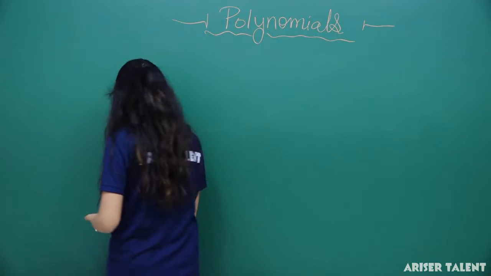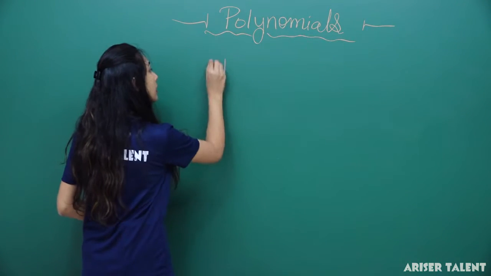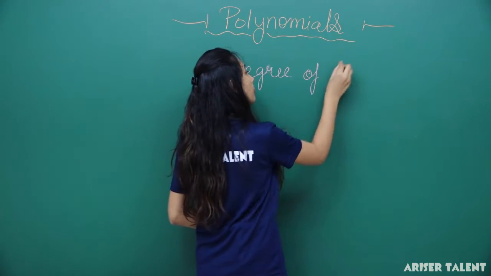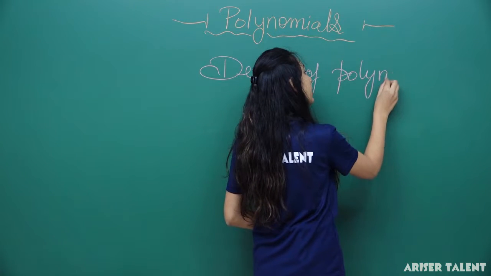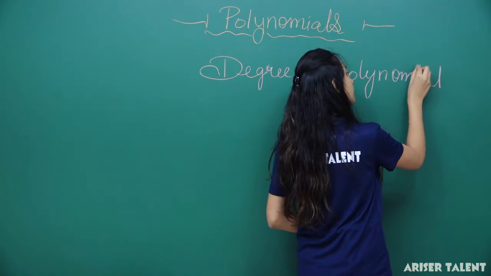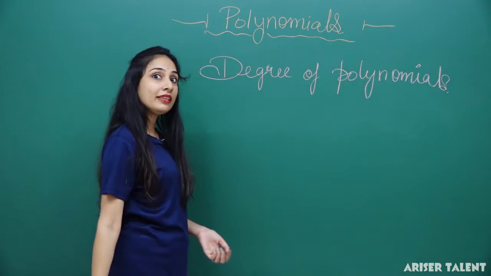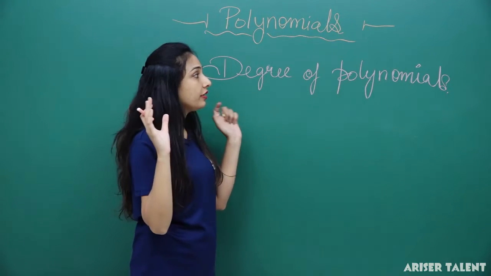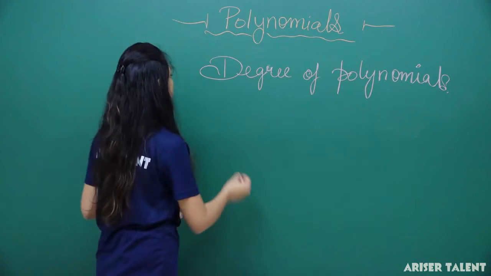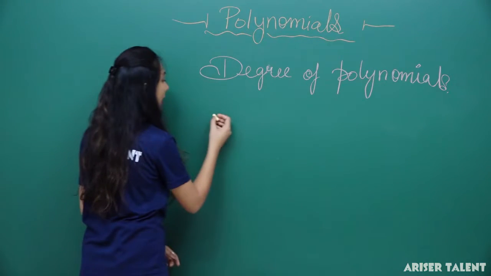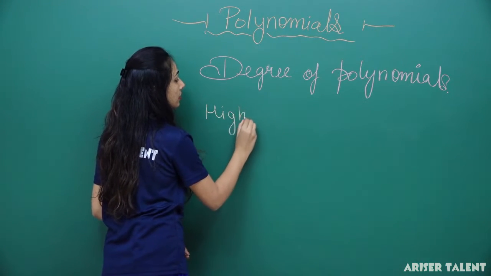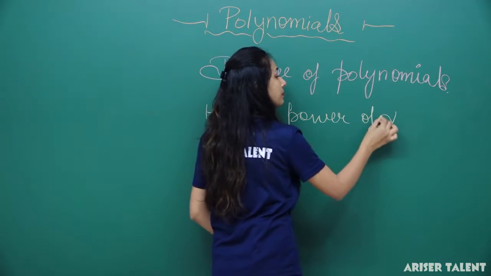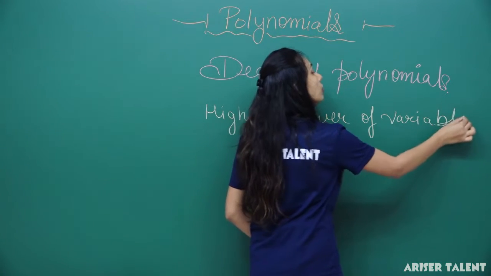Next thing. Degree of polynomial. Polynomial was a very bright student and after classes he went for college and bought a degree. No, not like that. We have degree of polynomial, like the highest power of variable of a polynomial